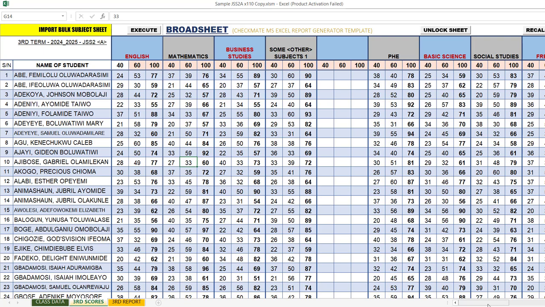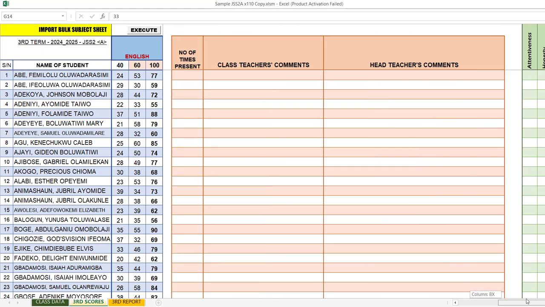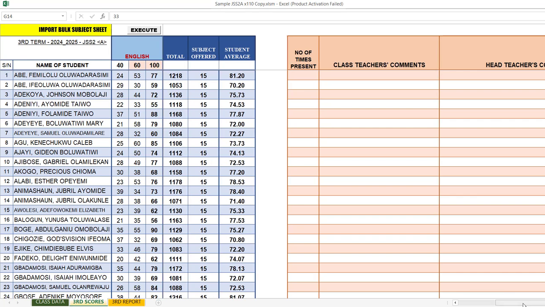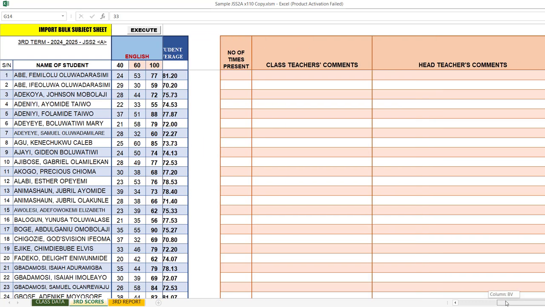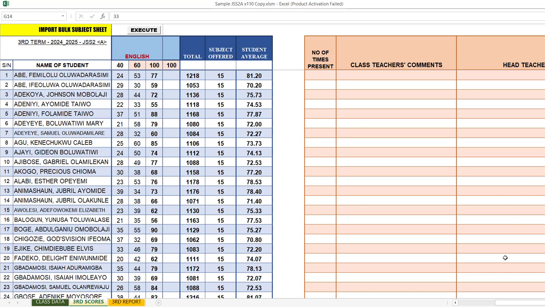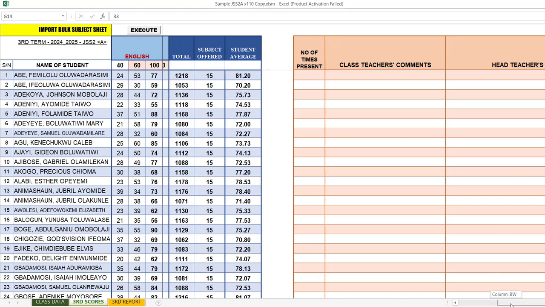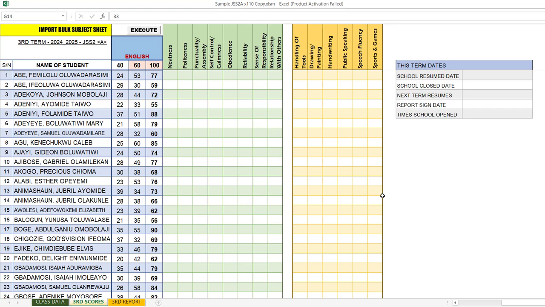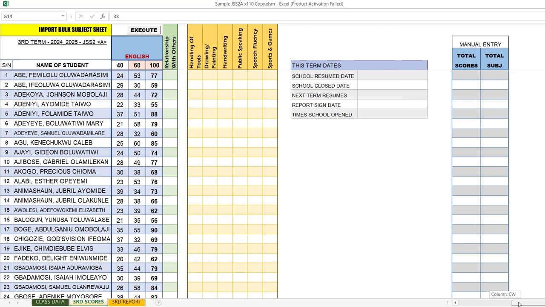Of course, like I said before, because this is a single subject import, you now have to enter manually on the direct template the class teacher comment and number of times present. The head teacher comment can be automated by the template, and you enter all the parameters and the relevant dates. These manual entries for other terms are maybe